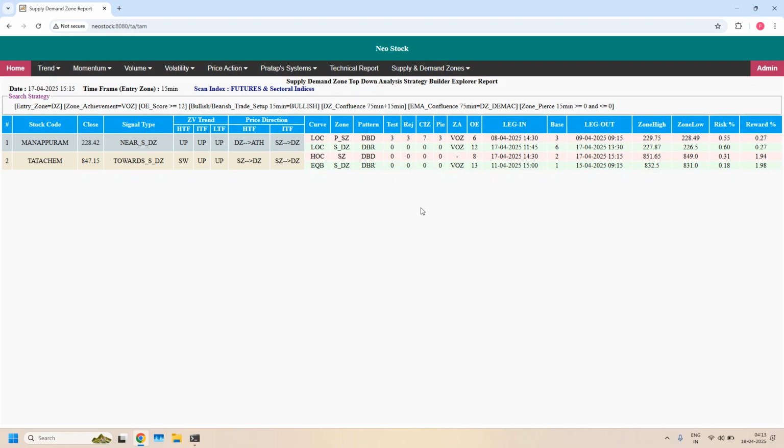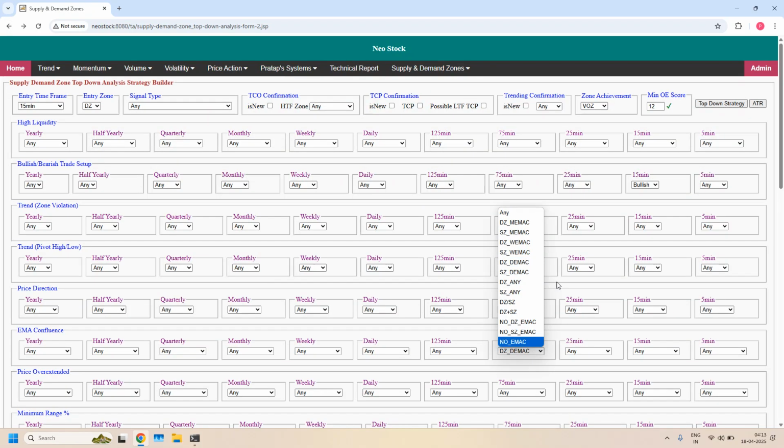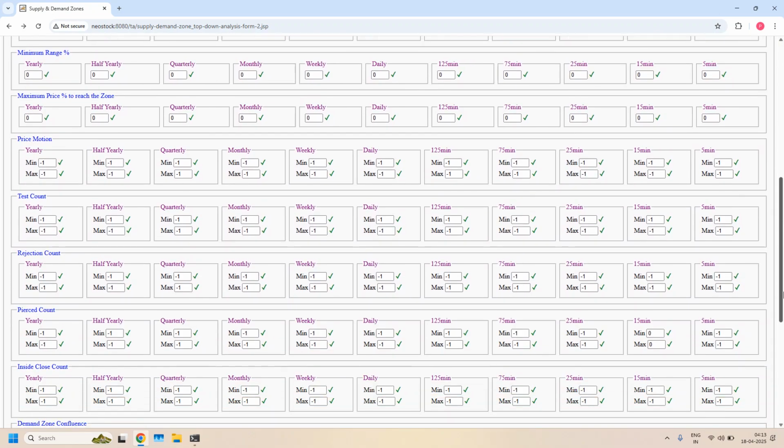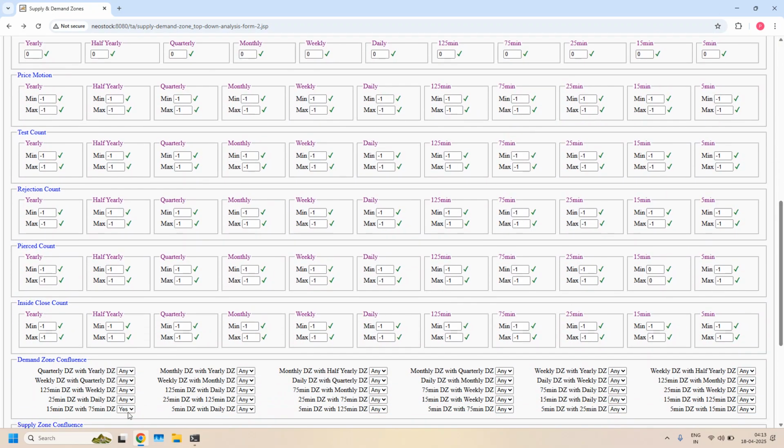Okay, next let us look into LTF, ITF and HTF demand zone confluence. Going back, removing EMA filter because it is ITF specific. Now we should focus on HTF. So in the demand zone confluence, I should set three filters. First filter is already enabled, 15 minutes and 75 minutes demand zone confluence. Next filter, 15 minutes demand zone with daily demand zone confluence, and then 75 minutes demand zone with daily demand zone confluence. With all the three filters,